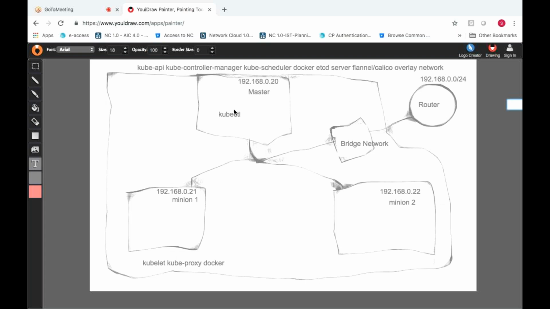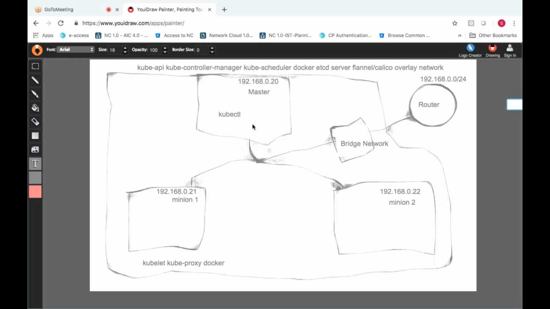Similar to that in Kubernetes, whenever you execute a kubectl command, what you pass is sent to the Kube API. Kube API is the main API server which will take the inputs given by the kubectl command.